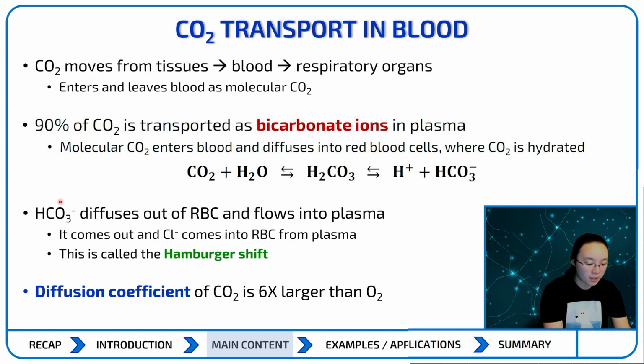That bicarbonate, HCO3 minus, is going to diffuse out of your red blood cells and flow into your plasma. It's going to come out, and then negatively charged chloride is going to come into your RBC from your plasma, and we call this a hamburger shift